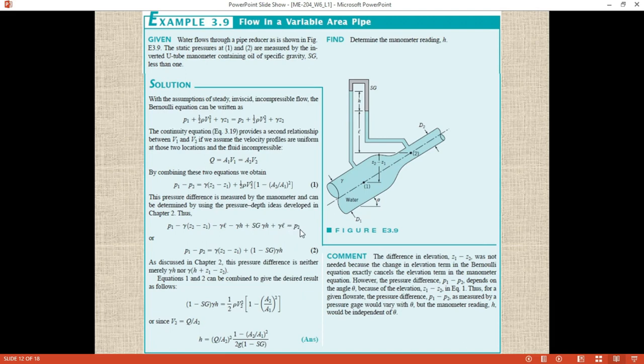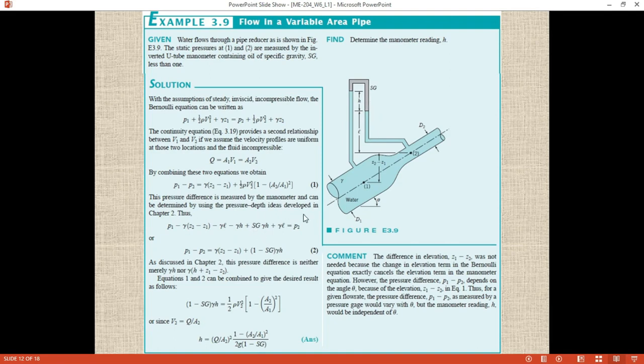Okay, so P2 minus gamma L minus Sg into gamma H. So this is point 2, so this is pressure P2. Then you are going up. So what will happen? This is gamma into L. So gamma into L minus, because going up, so minus. This gamma L will come this side, so minus gamma into L. So again you are going further up, so the specific gravity of the fluid has changed. So Sg into specific weight of the water into height of the column.